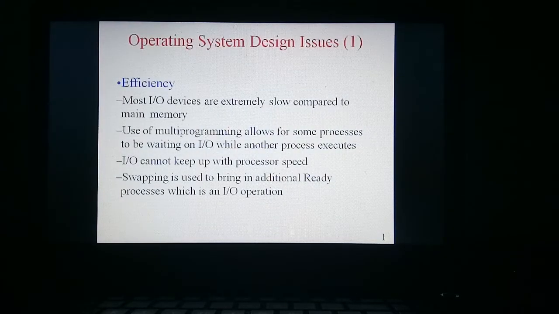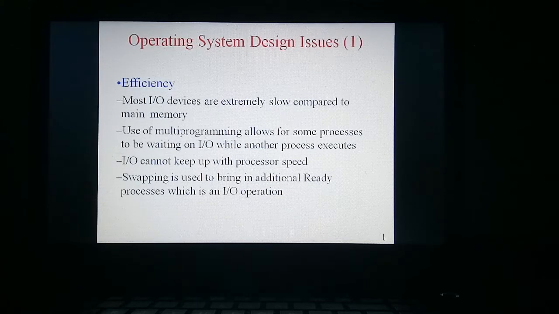Now what are the design issues that are to be taken into consideration? The first and foremost design issue of any system is obviously efficiency. We want to bring out the IO devices' efficiency to the maximum. As we had discussed many times, the processor executes at a higher speed, and the IO devices are very slow compared to the processor.